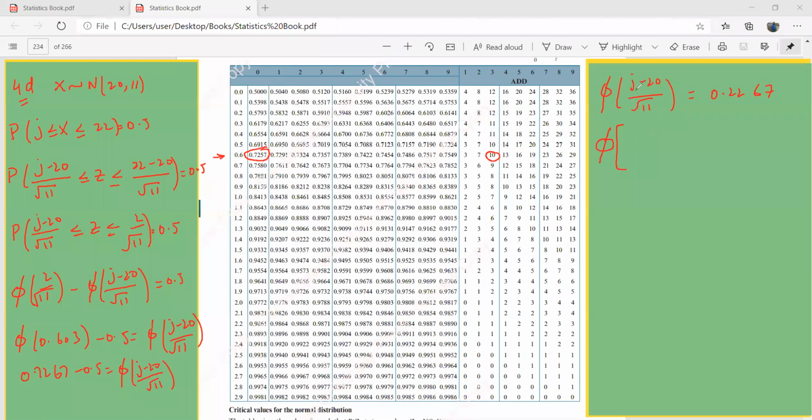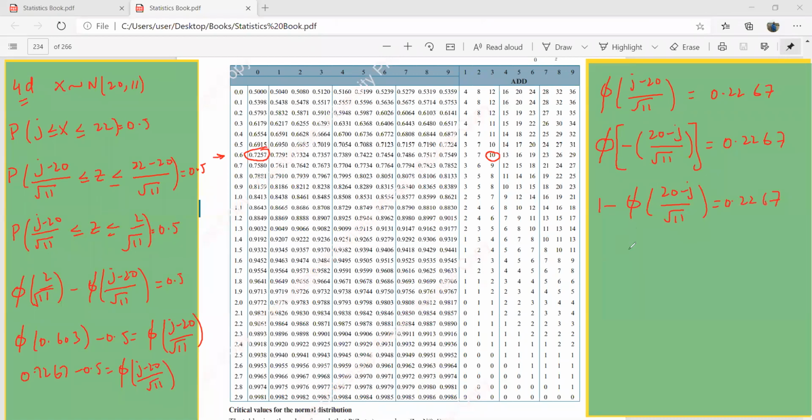Okay, so I'll be forcefully making this a minus. I'll take a minus common here, and this would become 20 minus j over under root 11. Like, I'll write it like this, because this has to be a negative value. So this would now become 1 minus phi of 20 minus j over under root 11, that is